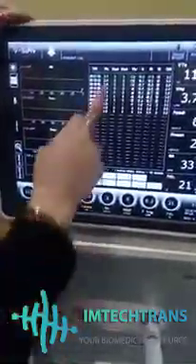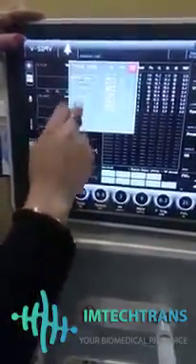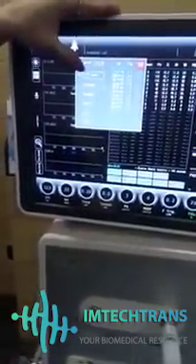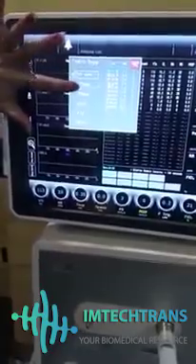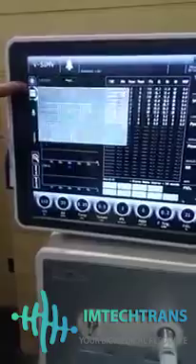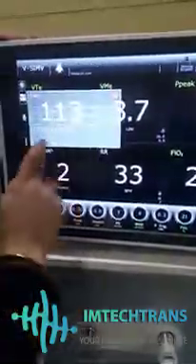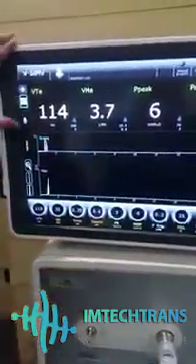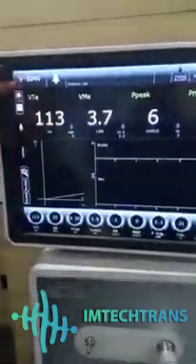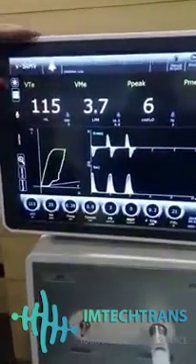In the third one, we can see the trend data is available, and these are the trend parameters. So we can switch and select any of these trend parameters. Right now, the V parameter is available. We can switch to pressure mean also. In this, the values are visible here. So here we can have the waveform and parameters value available. This one is the last layout. So here we can see the loop, waveform plus parameter values.